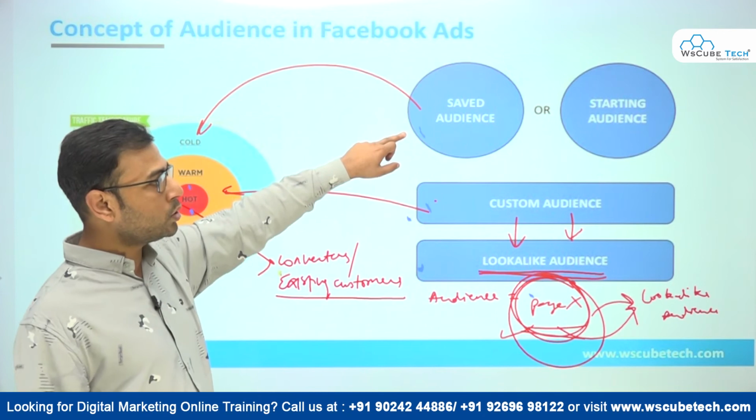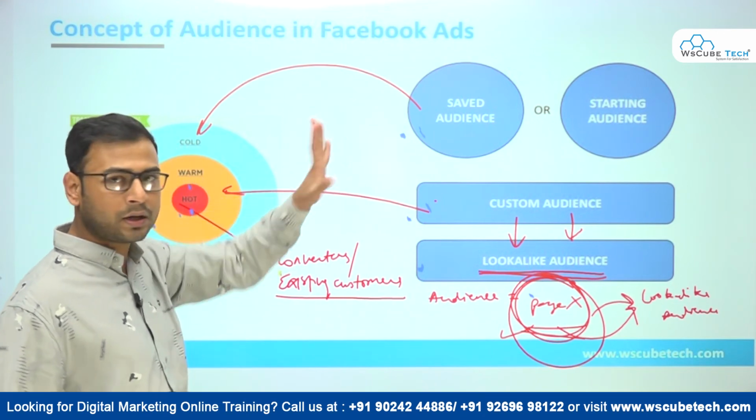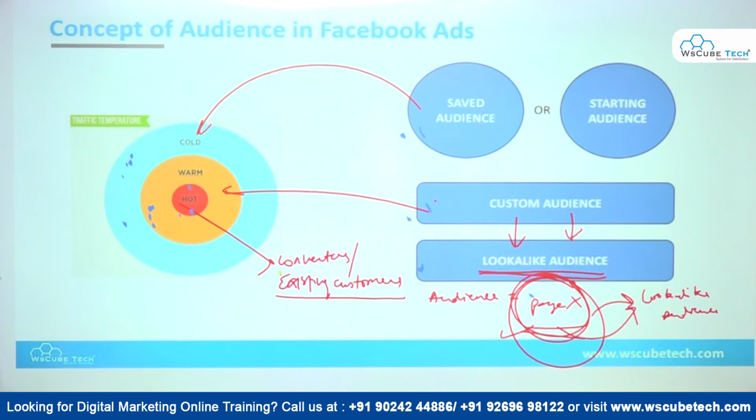So custom audience also converts well, and lookalike audience also converts well. But when we talk about the conversion of saved audience, what we can find is that saved audience does not convert much when we compare it with the custom audience or lookalike audience. But what we can do is use the saved audience. That is the only option we have if we are running a new campaign for a new business. You cannot directly go and create a custom audience, because at that time you do not have any data, so you cannot do that practically. Then you have to rely on the saved audience. You have to find your potential buyers, customers or service takers from the saved audience only, and then you have to warm them, right?